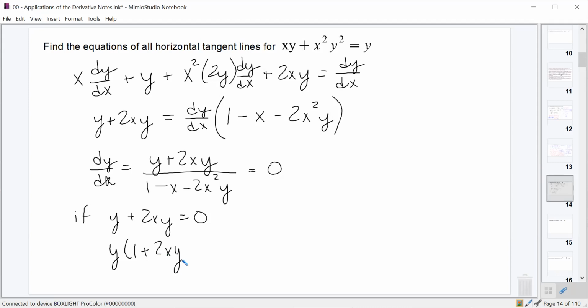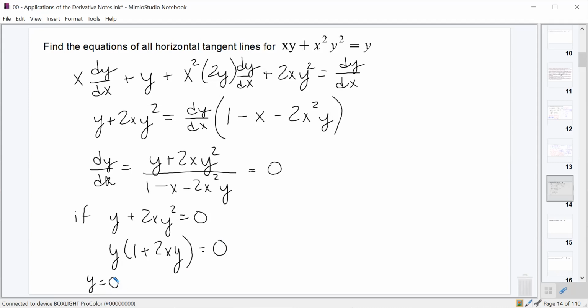2xy. And I just realized as we went through here, I missed this squared on there. I took the derivative of the x squared y squared, x squared times 2y dy dx. And then the derivative of the x squared is 2x, but I need a y squared on there. So that 2xy squared translates down to all these places. So that when I factor out that y from y plus 2xy squared, we have y times 1 plus 2xy. Sorry about that. And we'll set this equal to 0, giving us, in one case, y equals 0, which should